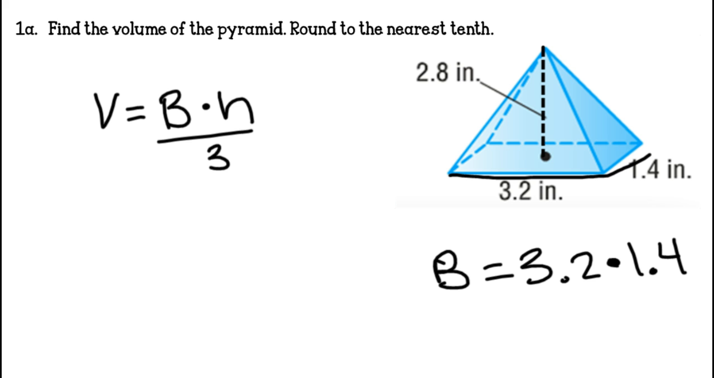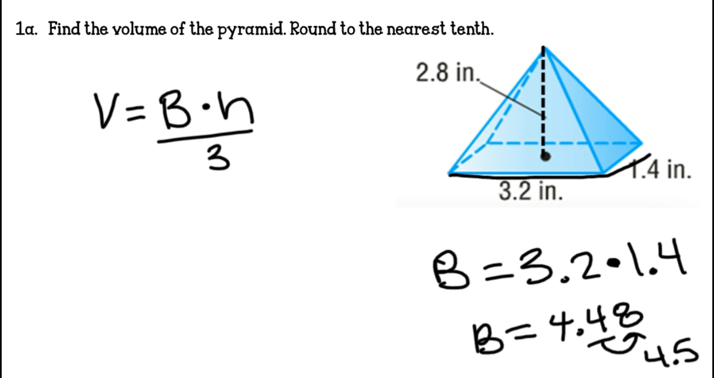And when we do that, we get 4 and 48/100ths, but it says to round to the nearest tenth. So I underline my tenths place, look to the hundredths, and this becomes 4.5. So I have volume equals 4.5 times the height of my pyramid, 2 8/10,